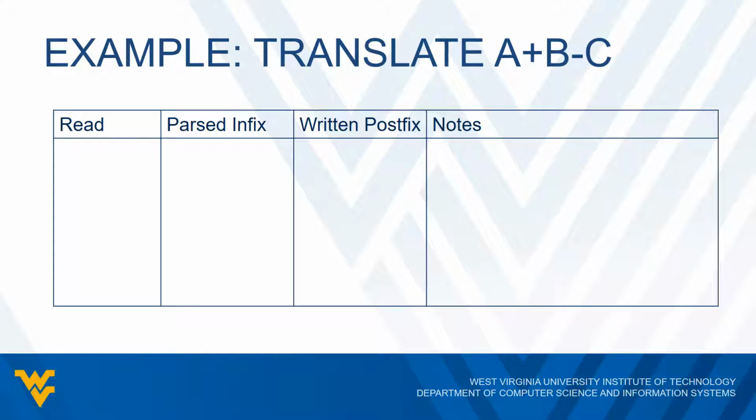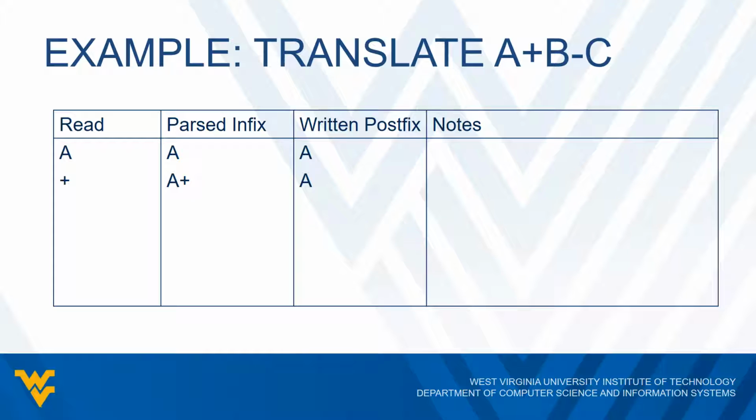Let's do an example. Let's say we want to translate A plus B minus C. So here we're going to keep track of what we've read. We're going to keep track of the infix notation that we've parsed so far. And then we're going to keep track of the output string, the postfix notation. We first read an A, so we've parsed that, and since it's an operand, we just immediately put that in our output string. We then read the plus sign, so we've parsed that. We don't include it in the postfix notation just yet. We're going to hold that off to the side, and then we'll add it later whenever we're supposed to evaluate